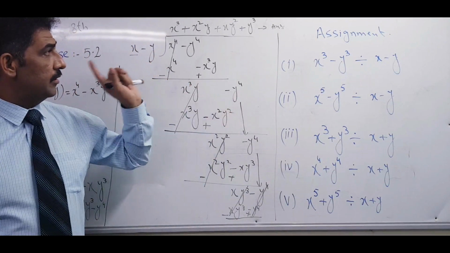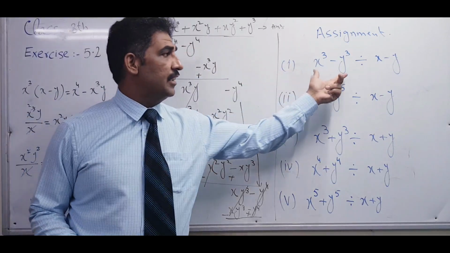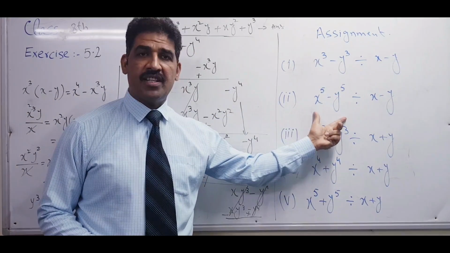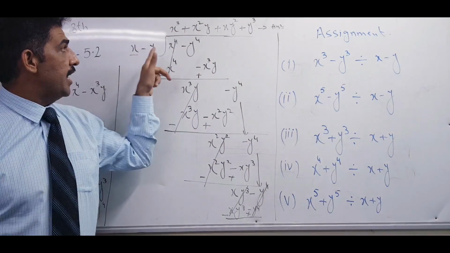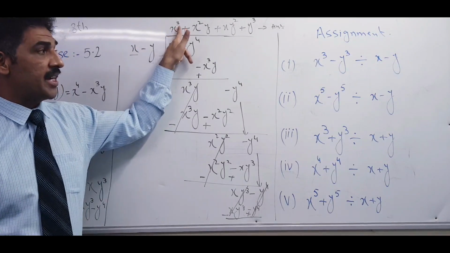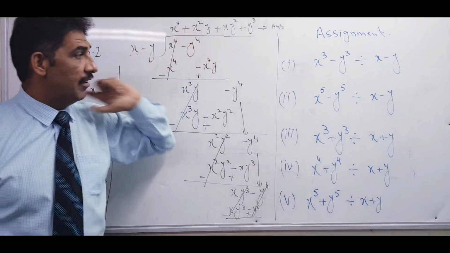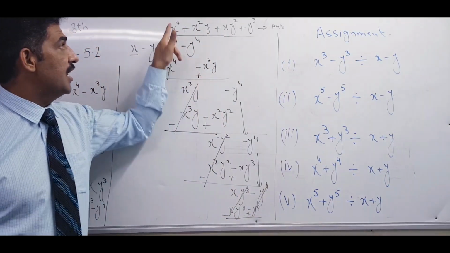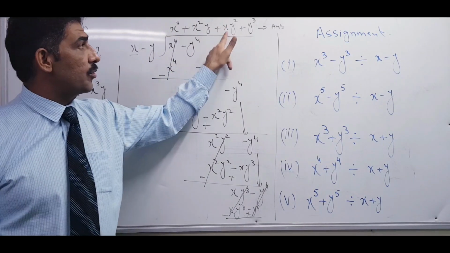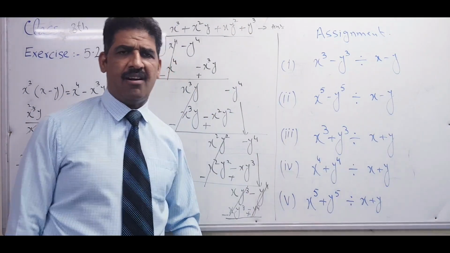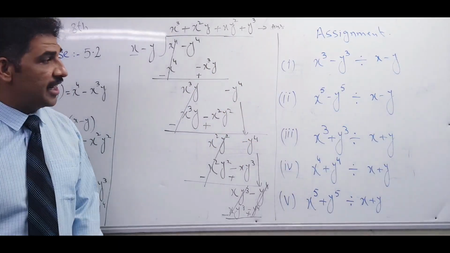The first one is nothing difficult, because here x raised power 4, y raised power 4, here I decrease one exponent, here I increase one exponent, but the order will remain the same. When you are finding its answer, here x raised power 4, its answer starts from x cube. When you are dividing x5, the answer starts with x raised power 4, then x cube y, then x square y square, then x, in the same descending order, you will get the answer. That is the same type of question. So I give you the assignment, solve like that.